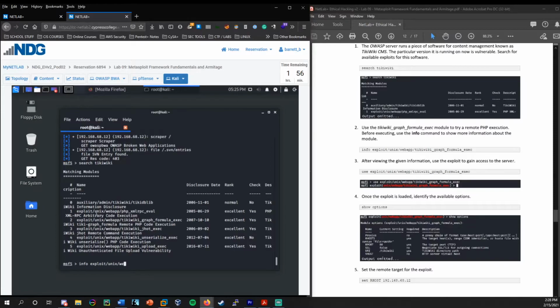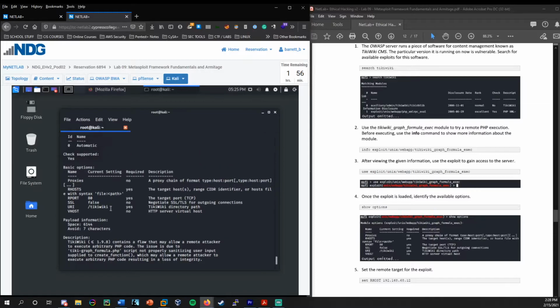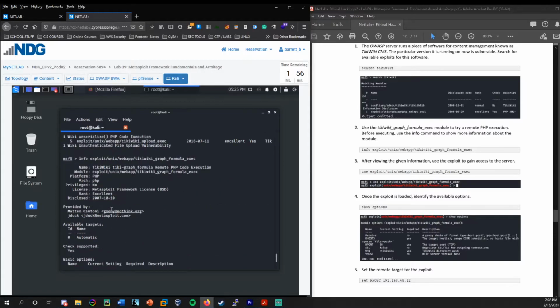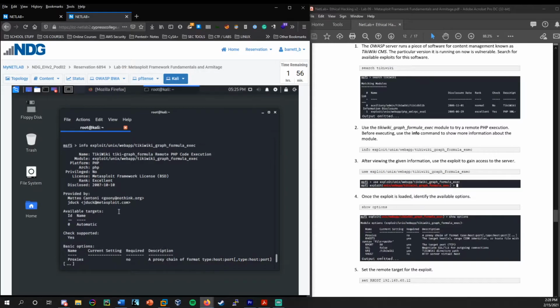You can use the tab key, much like you can in regular Linux command line also, to complete lines. So that's a tip. So you see, as we display info, I'm going to scroll up a bit. It's okay, platform is PHP. Here's the module name. Here's the disclosure date. So this was back in 2007. You'd be surprised at sometimes how far back systems may be vulnerable for very old disclosed CVEs just because they don't update,